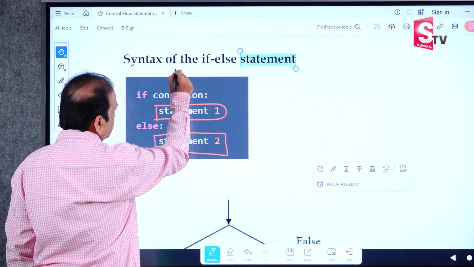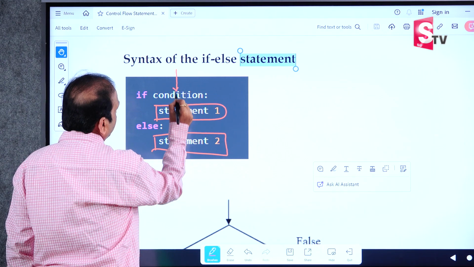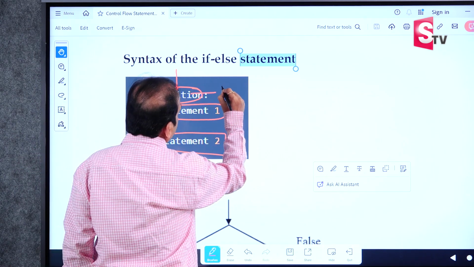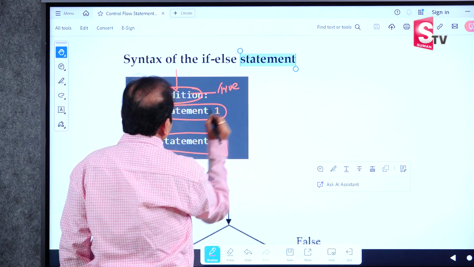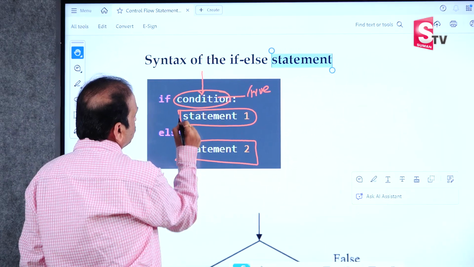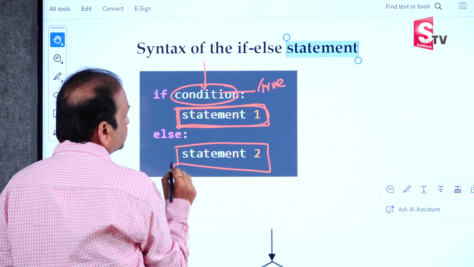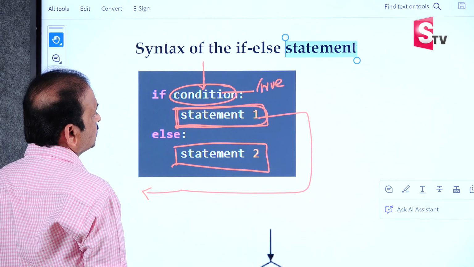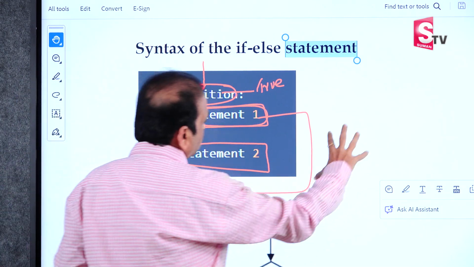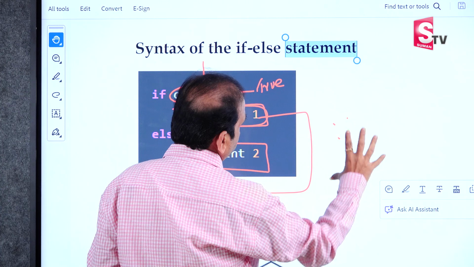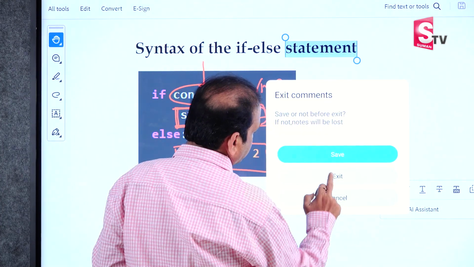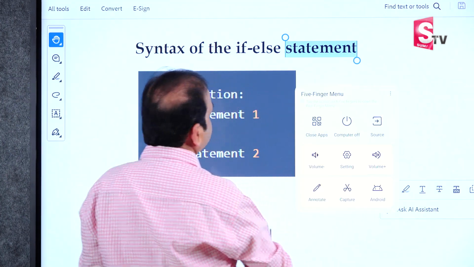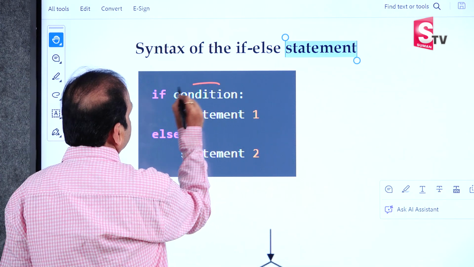When the program control comes from the top, it checks the condition. If this condition is true, it comes inside the first block, the statement block, and executes this line. After executing this line, it comes out of the block. Here it comes, when the condition is true. For example, when this condition is false,